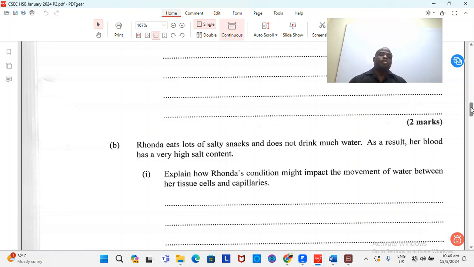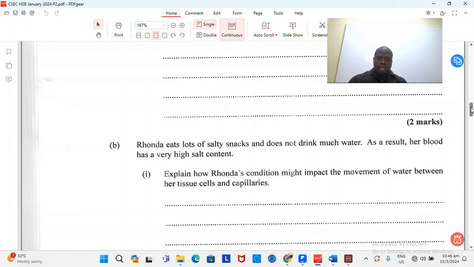So she's consuming a lot of salty snacks and does not drink much water. Bad idea, Rhonda. Bad idea. As a result, her blood has a very high salt content. Now, the question says, explain how Rhonda's condition might impact the movement of water between her tissues, cells, and the